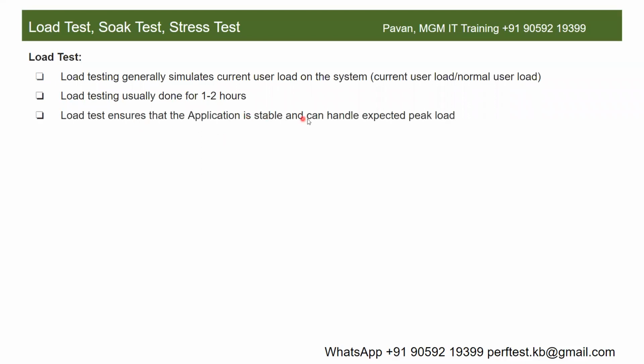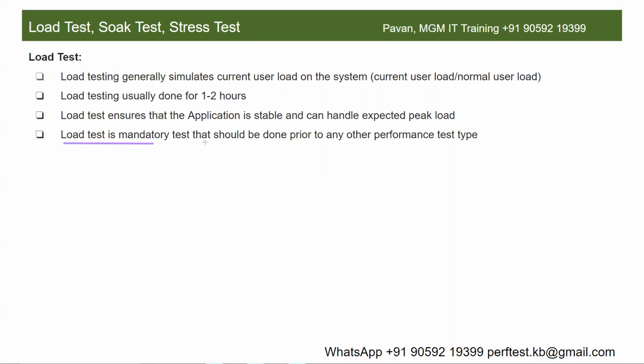When you say load testing, you usually do it for 1 to 2 hours, right? And it ensures that the application is stable and can handle expected peak load. Application means whatever application you are doing performance testing. And it is a mandatory test that should be done prior to any other performance test type, right? I just now told you. So if the interviewer asks you what are the different types of testing, you have to mention